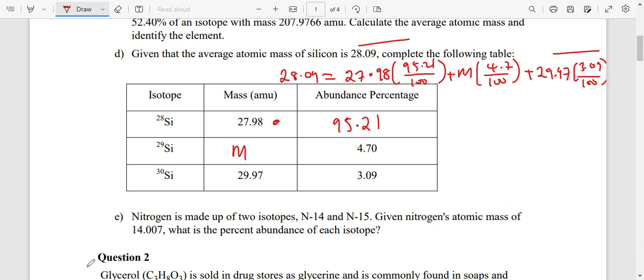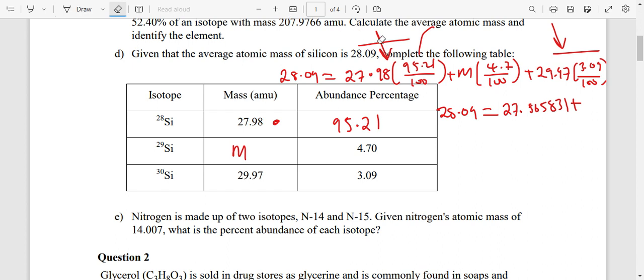So we're going to have 28.09 being equal to, if we add this and this, we are going to get 27.565831. And then plus we are going to have,